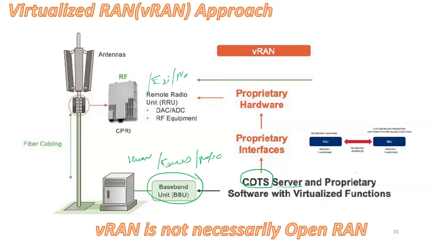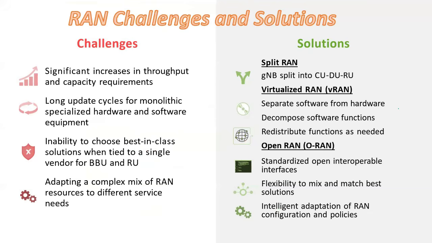So any software vendor can't work with the RRU unless the interfaces are open, right? As we discussed earlier, vRAN consists of vendor A's software running on the COTS BBU. An operator can't put vendor B's software on the same COTS BBU unless the interfaces to the vendor A radio are open. So vRAN can still have vendor lock-in, right?